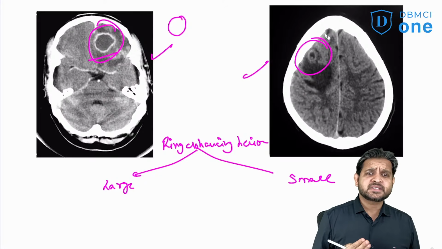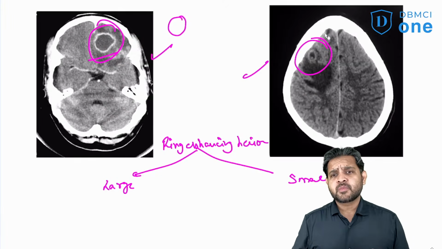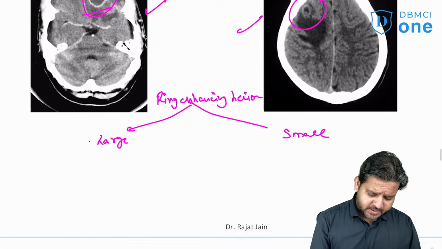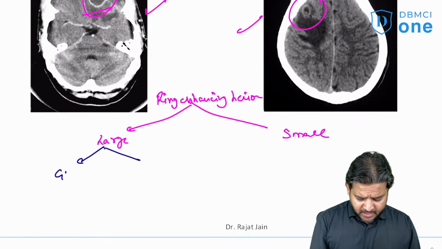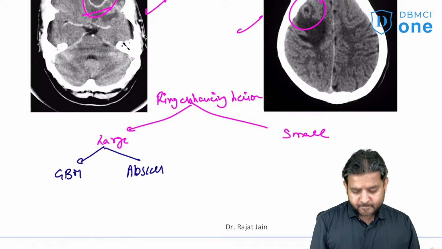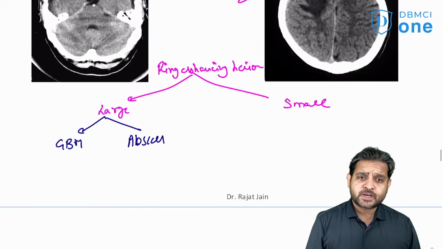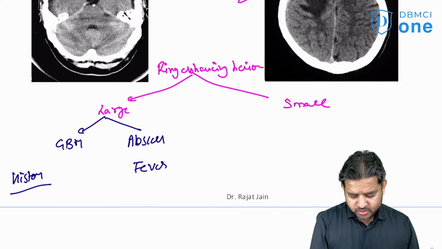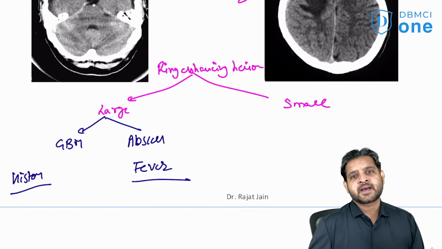But if you think this ring is small, that it can come only in your finger, then it is small. If it's a large ring enhancing lesion, remember it is either GBM or an abscess. It is either a glioblastoma multiforme or an abscess. Look at the history, and in your exam, if the examiner wants you to mark the answer as abscess, fever